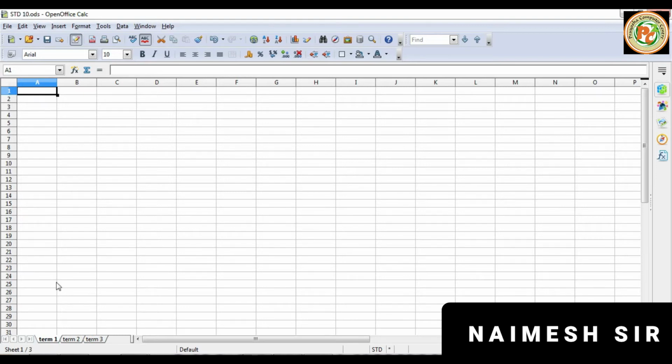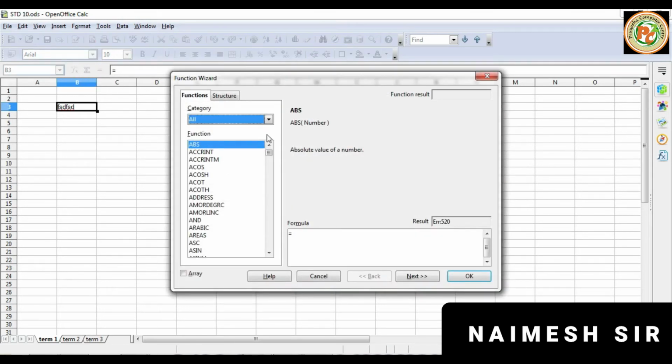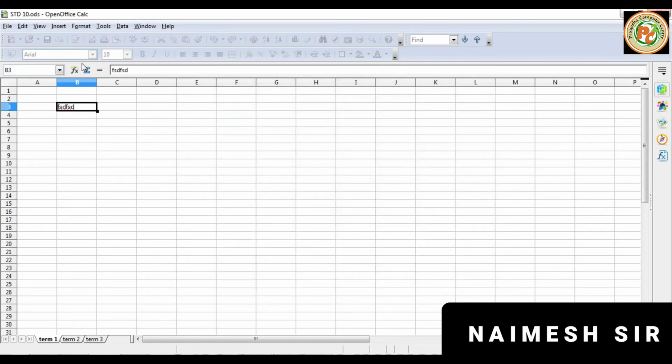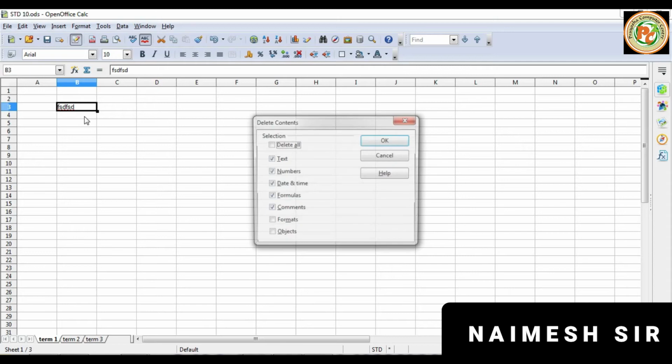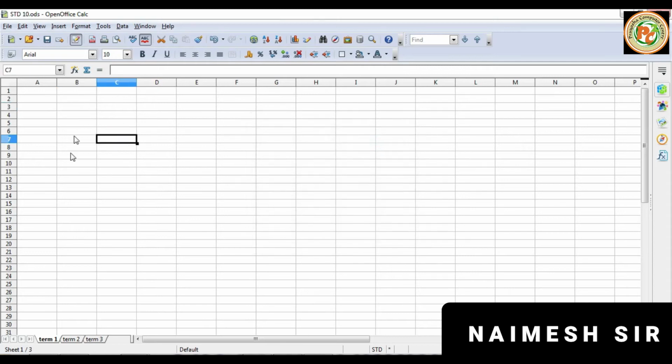Right now we are going to use the intersection of rows and columns. This is called the cell, and its cell address is displayed here. If you click here, you can go to something else. This is called the input line. Whatever you type here will be typed there. If you click here and cancel it, it will be removed. If you want to use a function, click here on the function wizard, and all the functions in different categories, like date and time functions and text functions, will appear. We will learn that later on. Okay, we will delete everything.